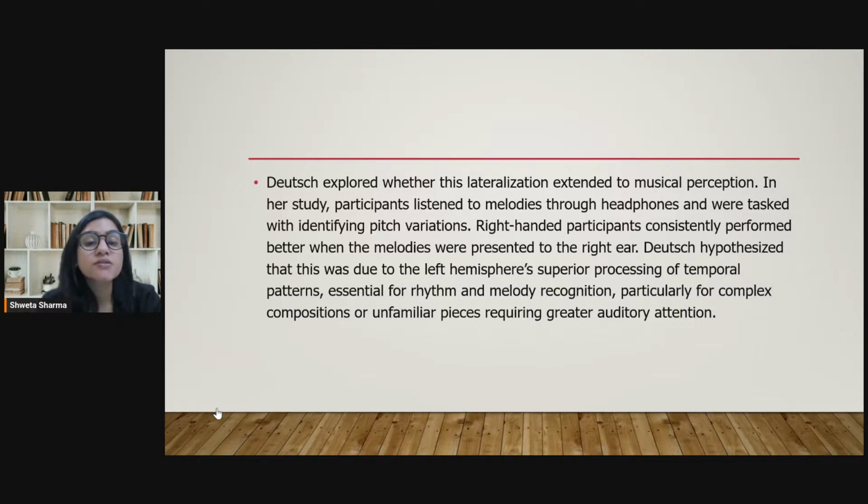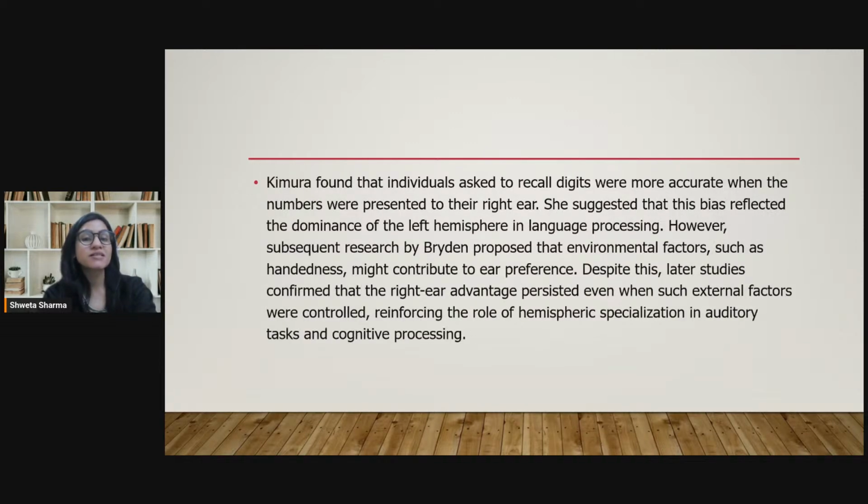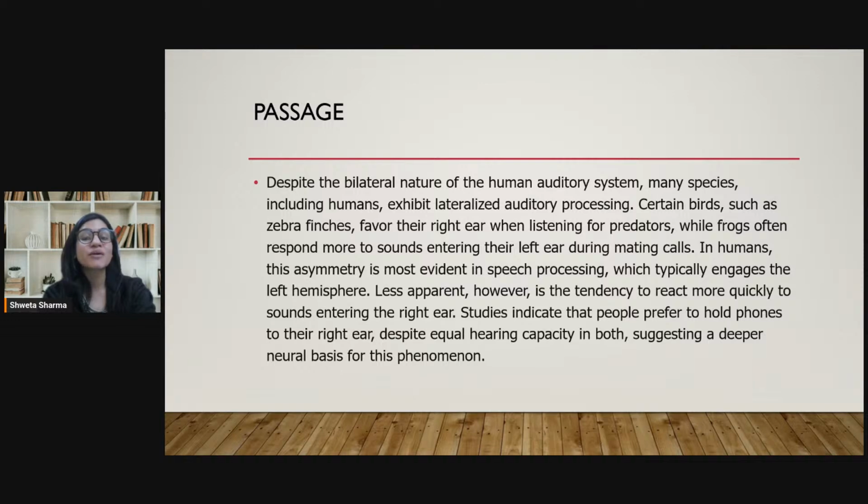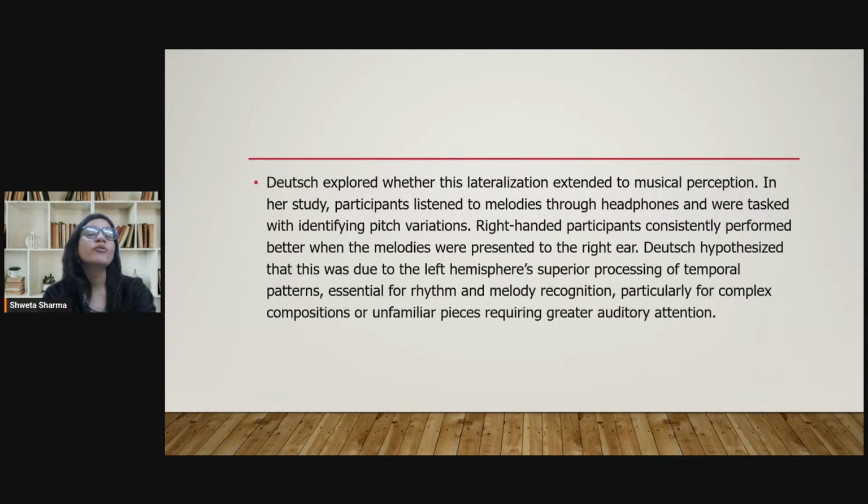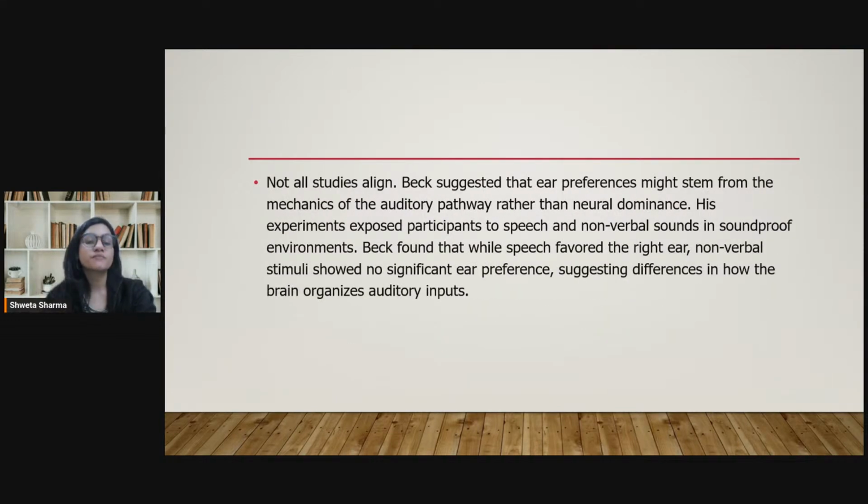Okay, so this is not just about auditory attention, but there could be some other things as well. To check whether it was also the cognitive presence which was impacting mammals, impacting humans, impacting which side it is. Because the passage, if you see, started with birds, then it came to frogs, and now we're talking about humans, how humans can also get swayed.